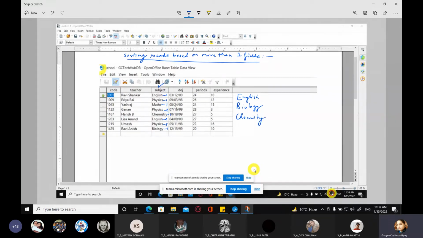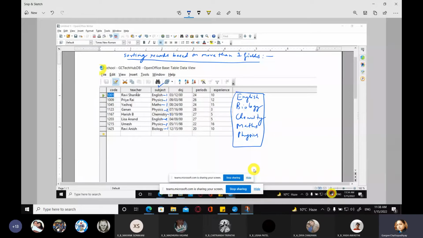Then we have maths, and then we have physics. So first we are arranging all the records or sorting all the records based on the ascending order of subjects. Now within each subject, we are going, first we will do this one.